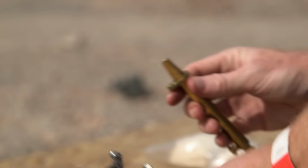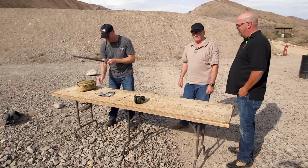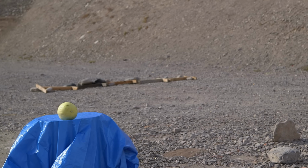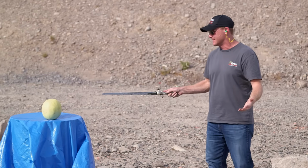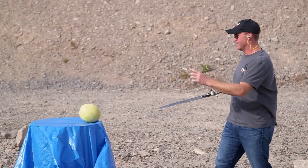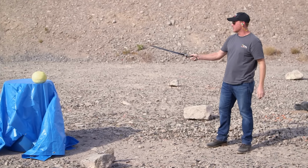Okay, we're ready. All right. So the idea is that that is an injured wild boar. I'm gonna finish it off, put it out of its misery, so you'd stab it a couple of times in the neck, ideally. 1, 2, 3. Then you'd step away. If it still wasn't dead or it started to run away,